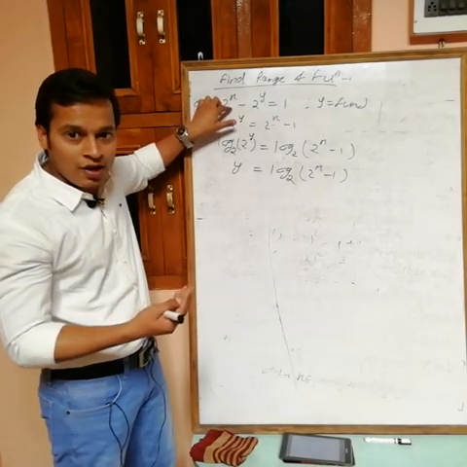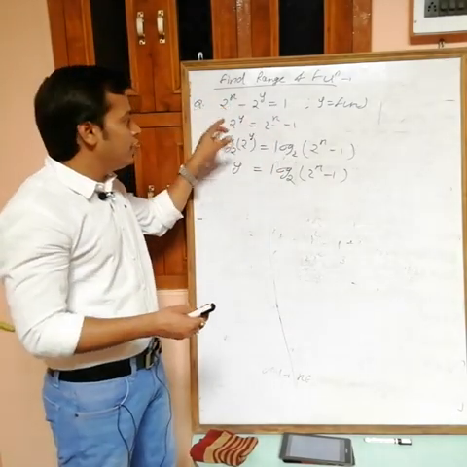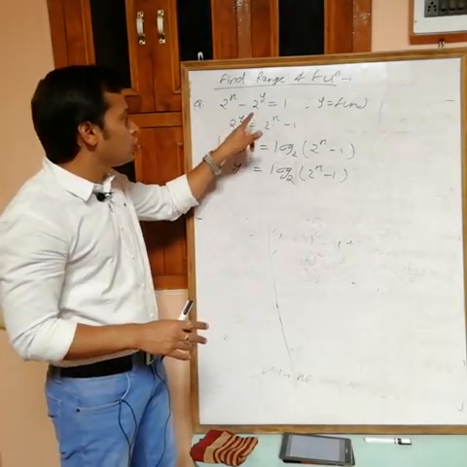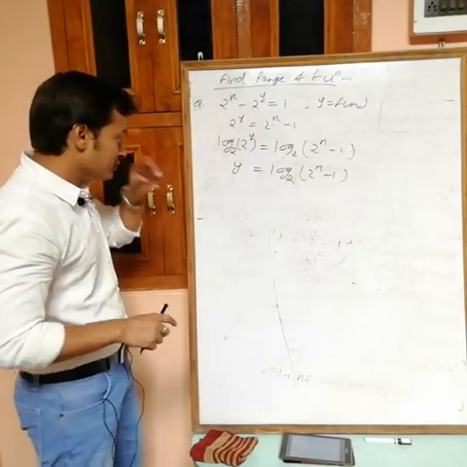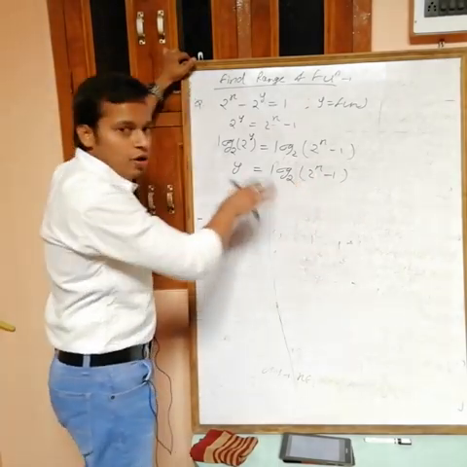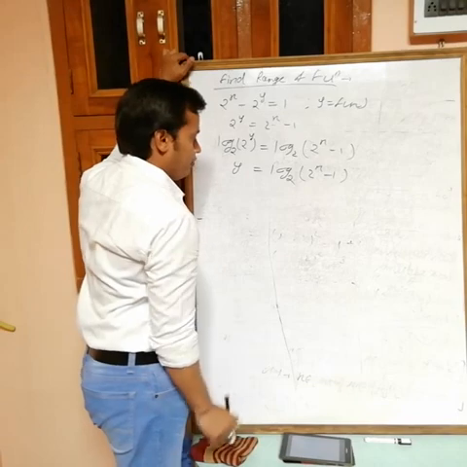If there is 3 power y, then log 3 of this one. If there is 4, then log 4 of this one. Okay, so there is 2, so log 2 of this one. This is the y. Now we want all possible values of y. Now again move from inside to outside. Okay, we want all possible values of this one.